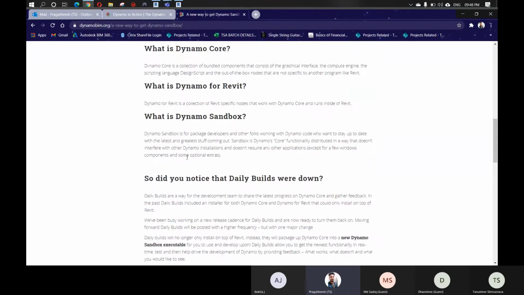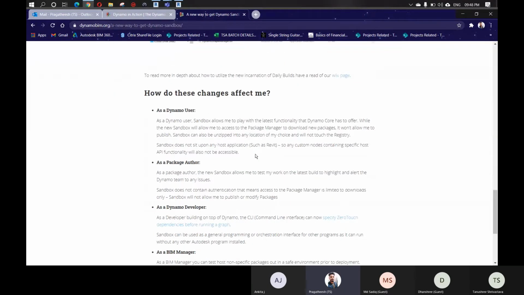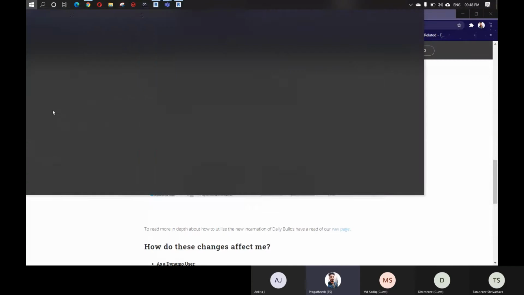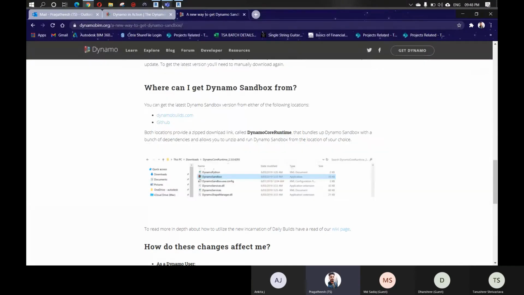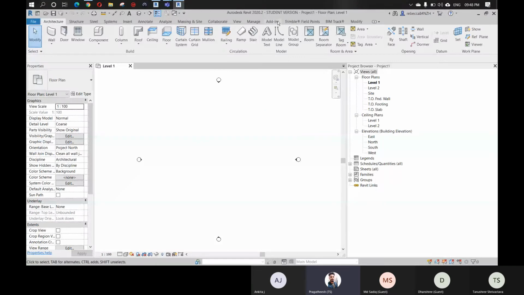As I said, Dynamo Sandbox is a standalone version, so probably you'll get a separate icon for Dynamo. The other one comes as a plugin in Revit itself.